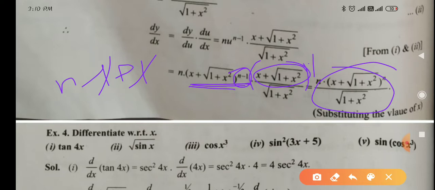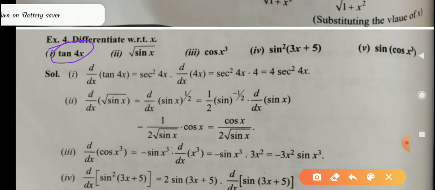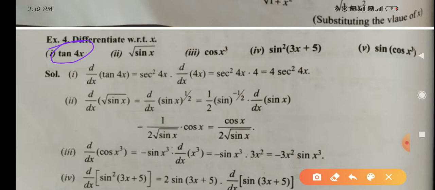So now example 4, you can see trigonometric functions. Tan 4x. So for tan, direct chain rule you can apply. Tan 4x you can take as tan x. So differentiation of tan x is sec square x. So sec square 4x, but it was not x, so differentiation of 4x again you will do, and you will take this differentiation in multiplication. So sec square 4x multiplied by d upon dx of 4x. For 4x differentiation is 4. So 4 sec square 4x.